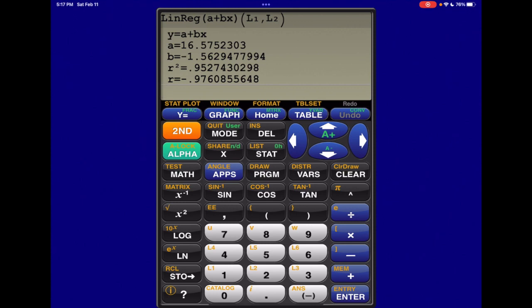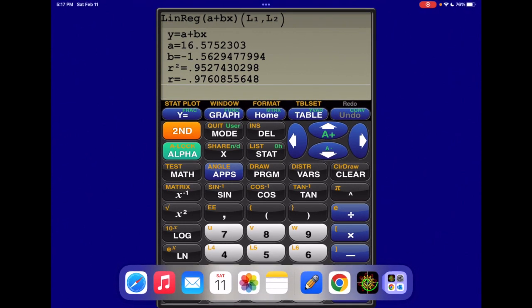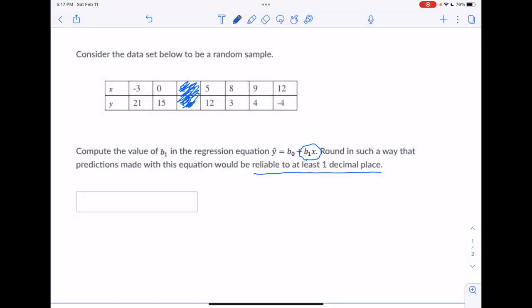So let's go ahead and switch back over to our notes. All right, so our slope is B1, which was the B on the calculator. The calculator said a plus bx, but the part that's with the x is your slope. Now, the tricky part is making sure it's reliable to at least one decimal place. A lot of people read that too quickly and loosely and just see the one decimal place and think you're being asked to write it with one decimal place. But what you actually have to do is look at one of your big y values. So I always take the biggest y value here, 21, and say, what if I wrote that with one decimal